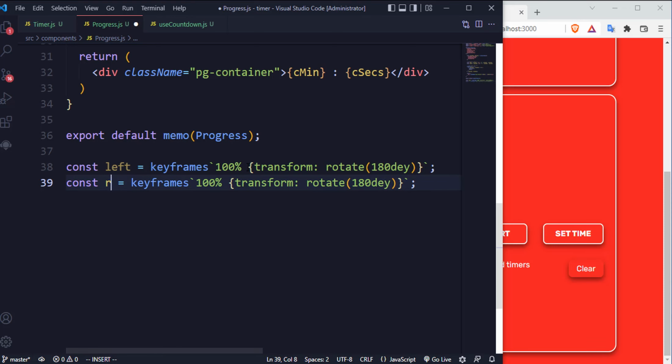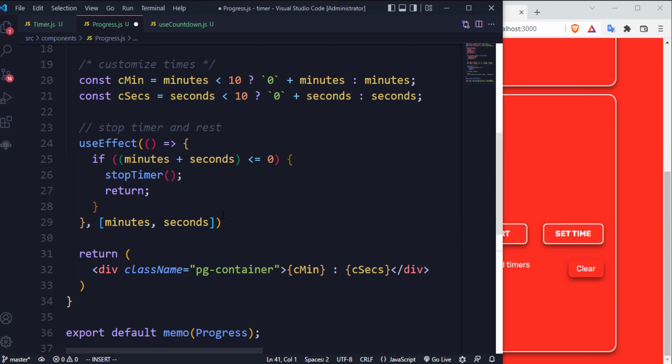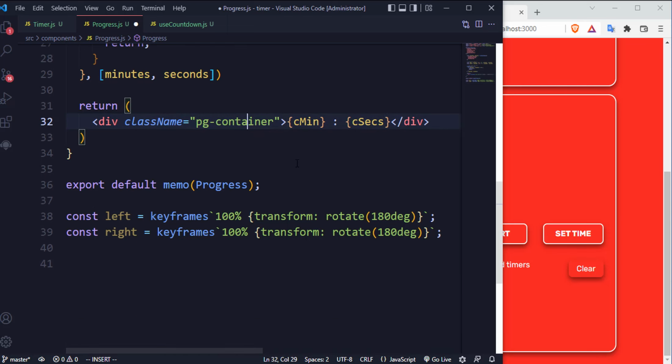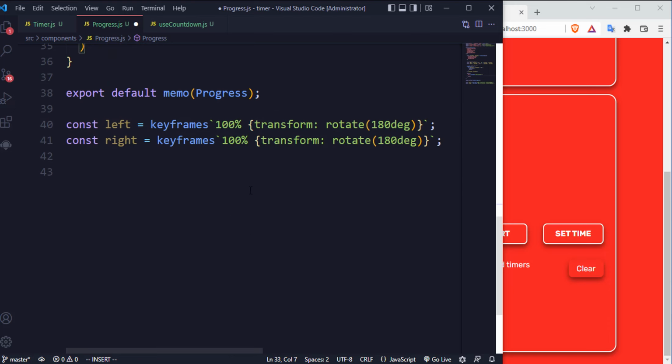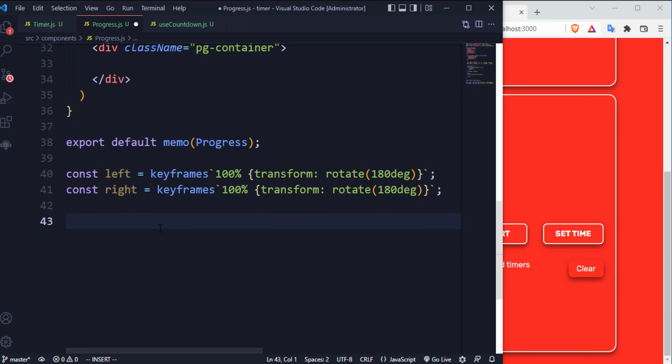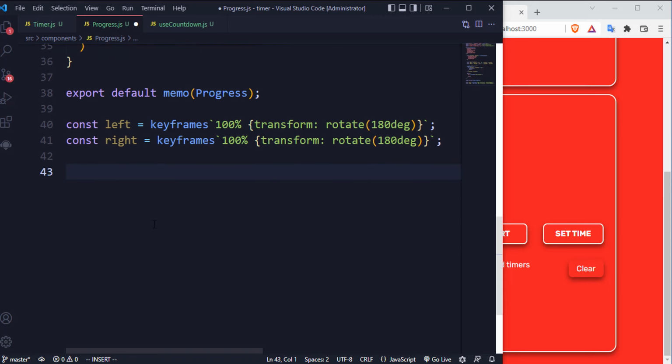Right now, let's go ahead and create our widgets. If you can recall, we did call this a progress container. I'm going to clear everything here. Of course, we no longer need that. And then whatever we are going to create here is going to go inside this PG container. First off, we're going to have a PG widget, which is going to take in the styled, and then we need a div from that styled, which is the styled component as well. And then inside here, however we want the div to be is exactly what we are going to provide